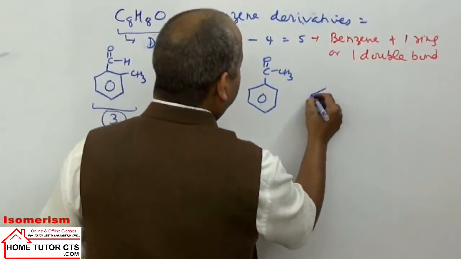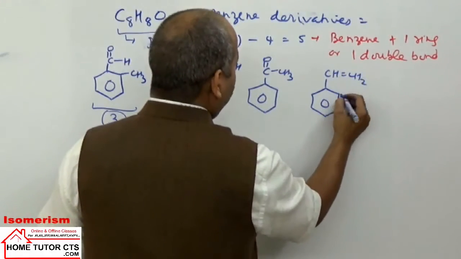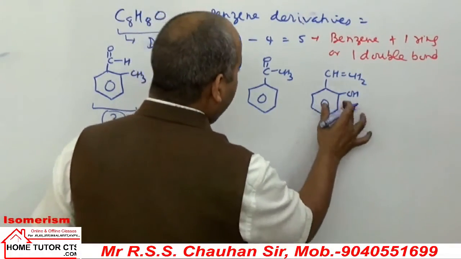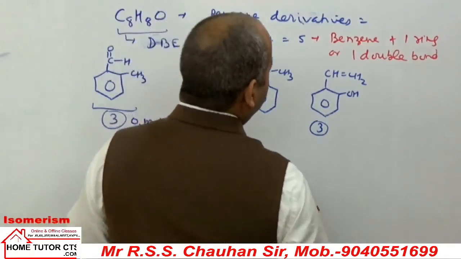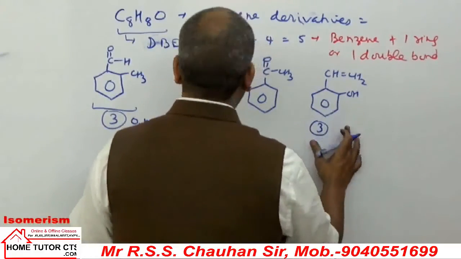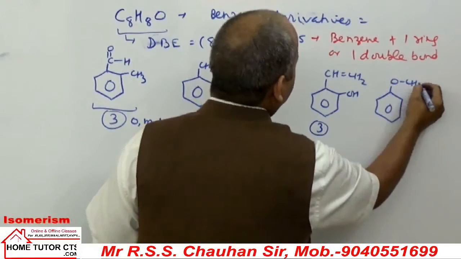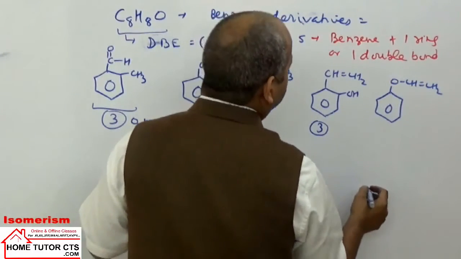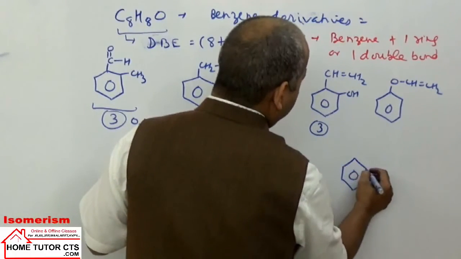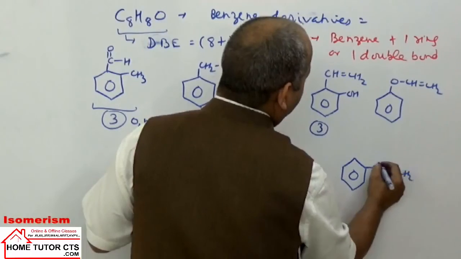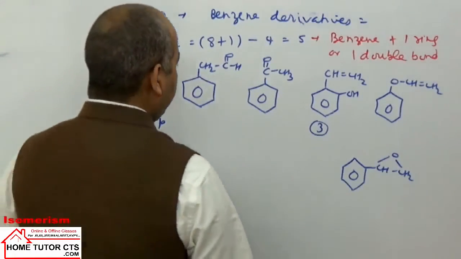or we can have a double bond in the side chain between carbon atoms to maintain oxygen. We can have OH group. Now OH group can be in ortho, meta, para position, so we have 3 isomers, once more here 3. And when we have alcohol group, we can also have the possibility of ethers, OCH2, or we can have the possibility of even a ring in the side chain. An epoxy ring will not disturb the benzene's aromatic character, it maintains the benzene aromatic.